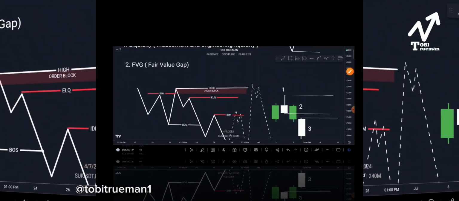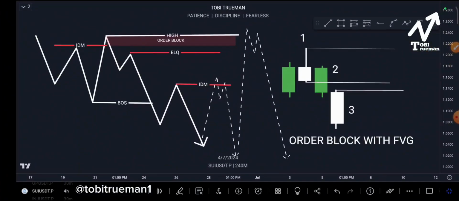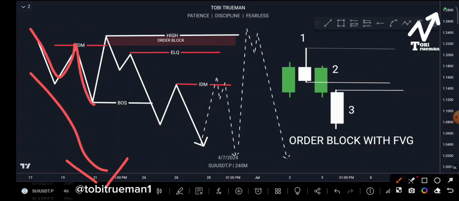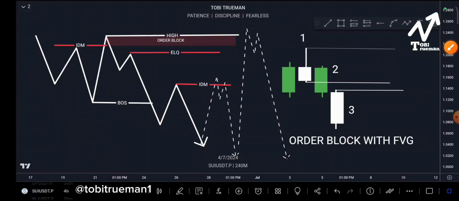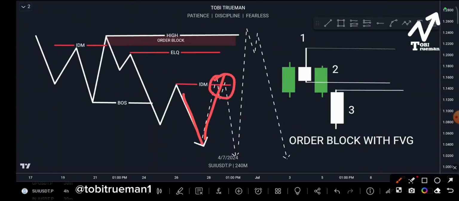Now, this is a pictorial representation. You can see in this scenario, this is a downtrend. You can see price is making a series of pullbacks. After price has taken inducement, price gave us this type of structure. This is a break of structure, right? After the break of structure, we now have another inducement, meaning that this market structure is confirmed. So what do we anticipate? We anticipate price to come, after the break of structure, to this first pullback as an inducement.